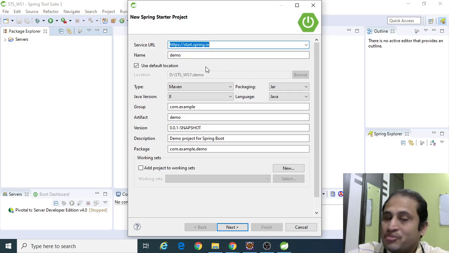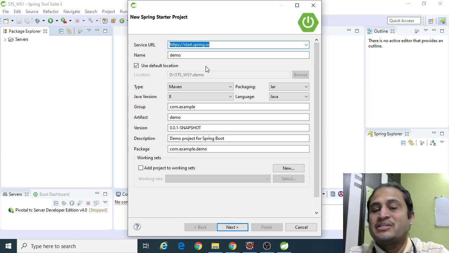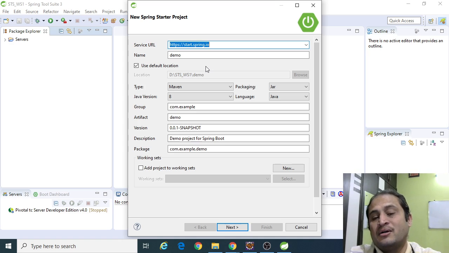So instead of going manually to that start.spring.io and mentioning the web project and Data JPA, all those stuff, it would automatically go and fetch from the site, from this particular tool suite, all those jar files and necessary artifacts required to build up your Spring Boot project.